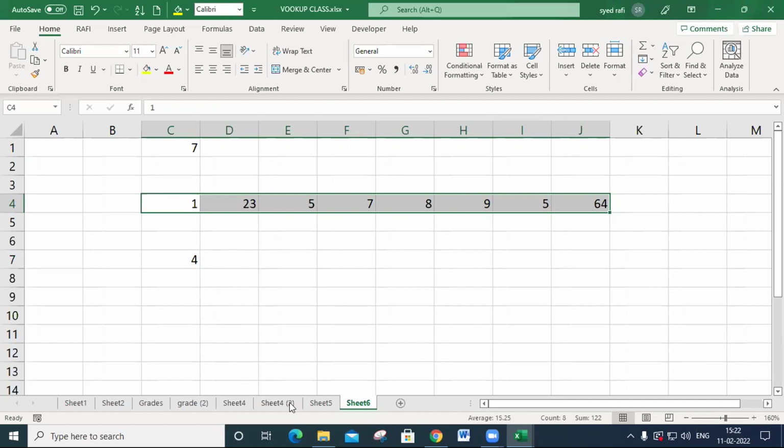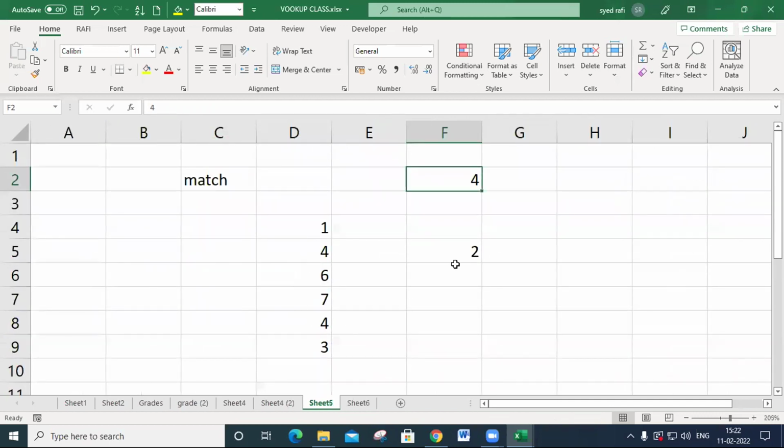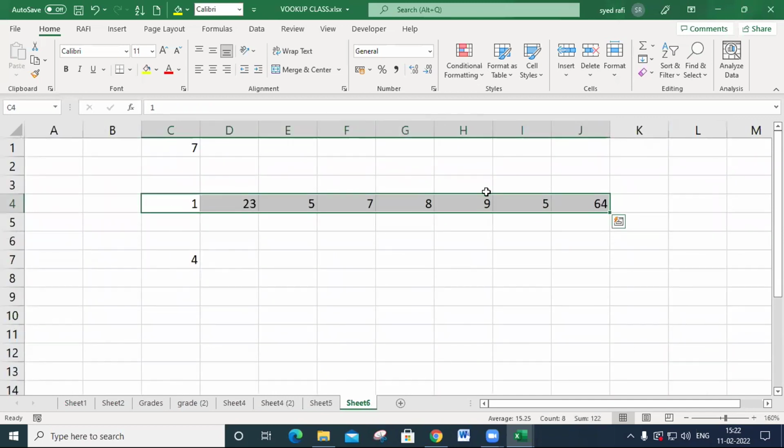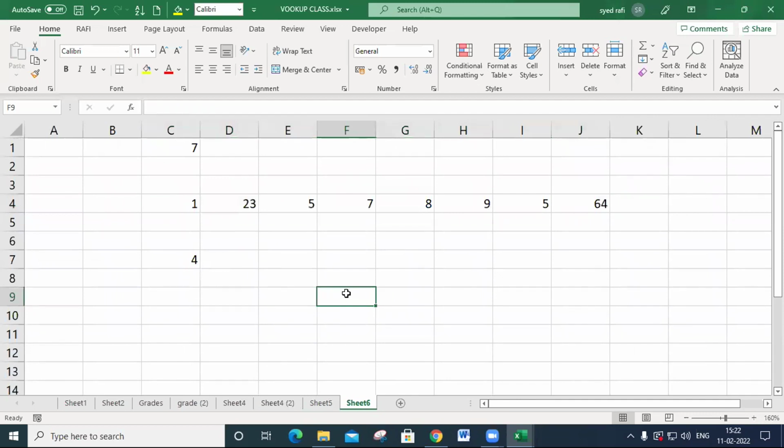Okay. If the data contains like this, you may say second row, it contains this number. If the data contains like this, you may say the data is in the 4th column. I hope you can understand. Okay. What is the meaning of match? Match is a function which depends upon the lookup value and returns a number, not the content.